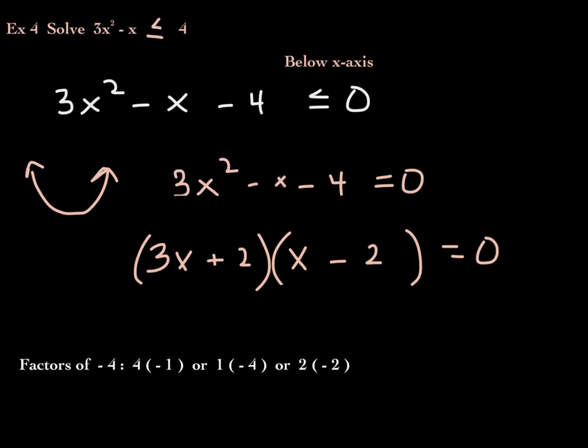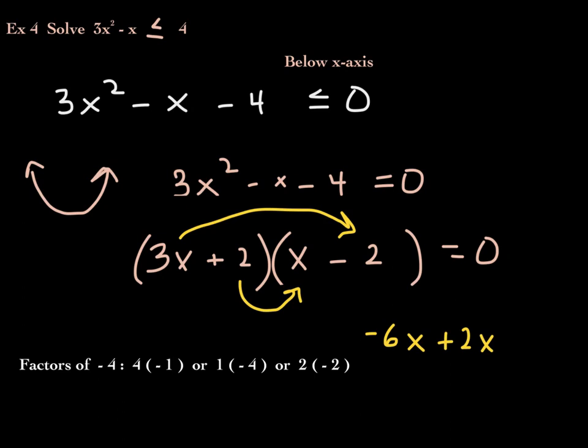You can check by distribution. What's 3x times -2 plus 2 times x? Does that give you -1x? Well, 3x times -2 is -6x, and 2 times x is +2x, and this gives you -4x,